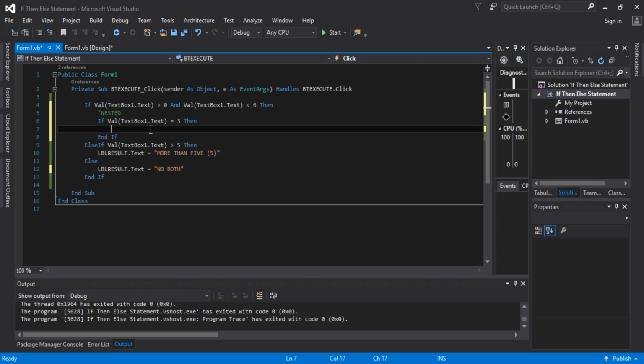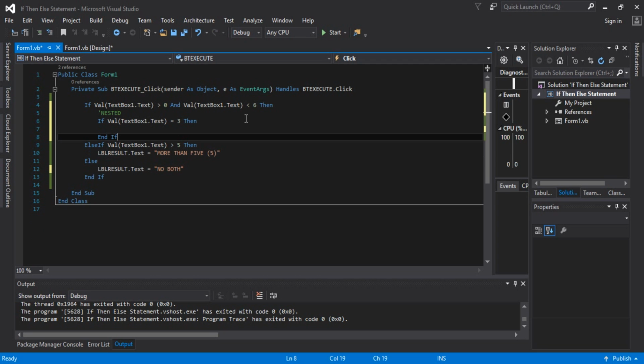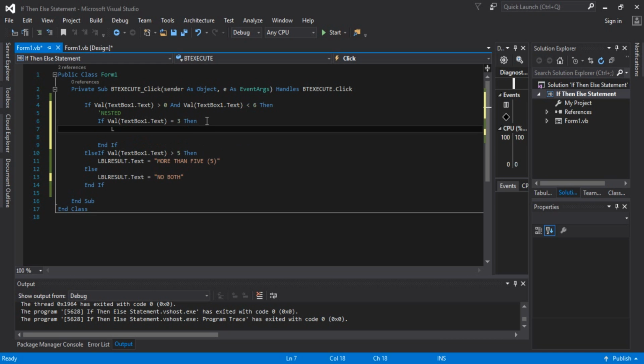Okay, if textbox1.text equals 3. Okay, so after I have the condition that looks in textbox1, the value is greater than 0 and less than 6, I will see if the textbox1 value is equal to 3, then I will give the LBL result the text 3,